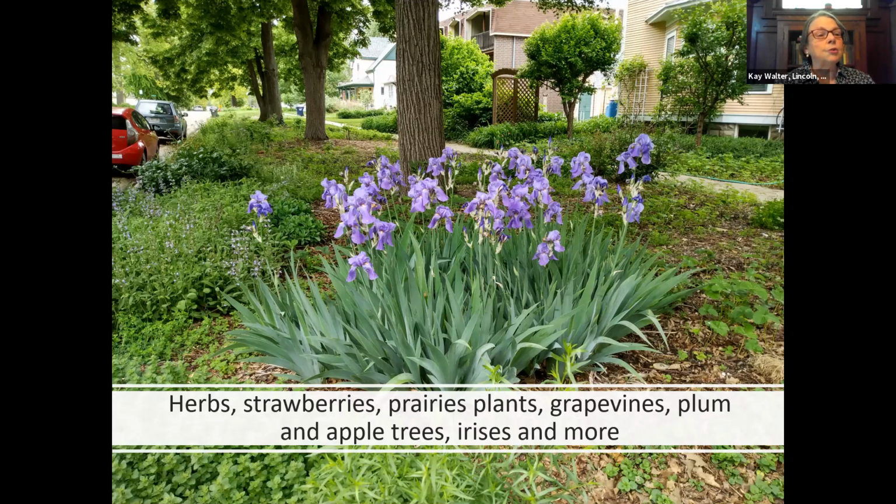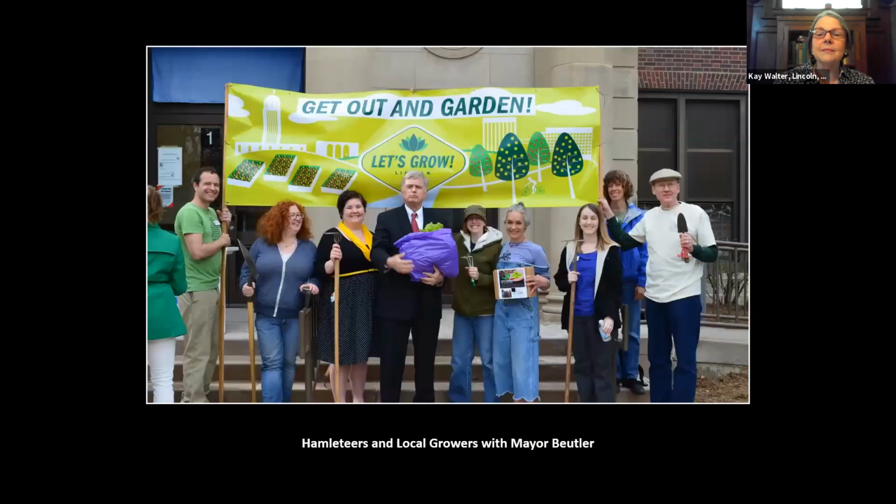By raising vegetables in the hamlet, we're less prone to rising costs at the market, and hamletiers have access to fresher produce. Here are a few hamletiers and actually local growers with our previous mayor. The current mayor, Larian Gaylor Baird, is actually gardening with us in the hamlet. In addition to the property